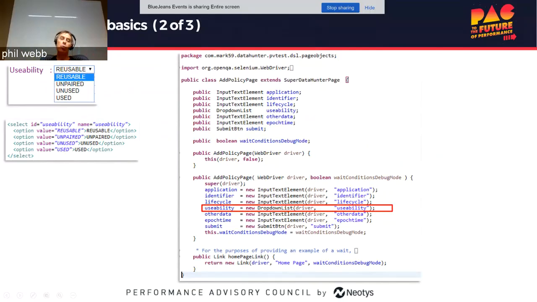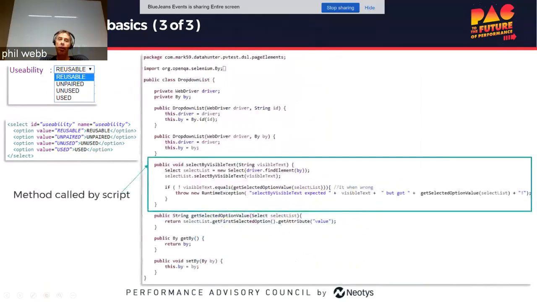It just lists all the different types of elements that exist on that page, and the link basically says how to access that element. This particular one is a type of drop down, and the last part of this sort of DSL is a description of what you can do when you're on that kind of element. It's a drop down, so the most common one is select by visible text, and that's what you saw being done in the script. So that's really the basics of